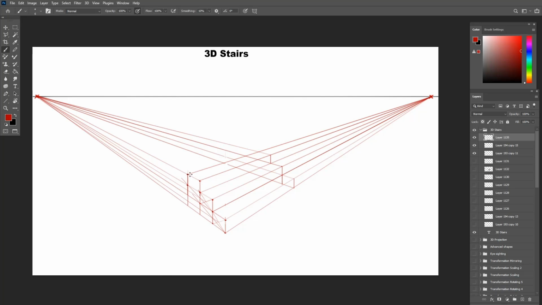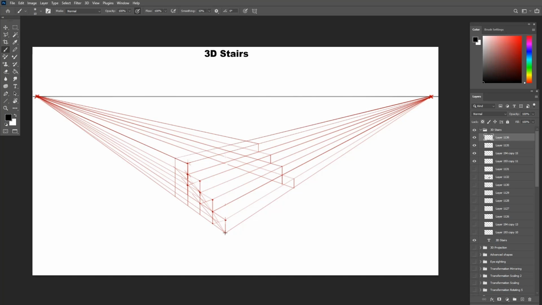And then the fourth step, and so on. And it's done. Let's add the final outline and values.